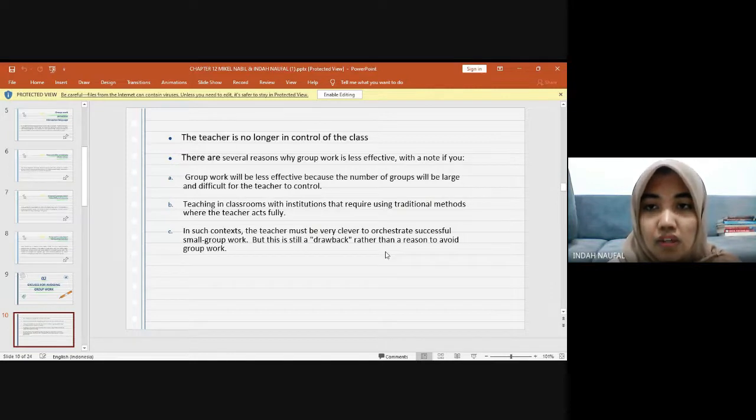Group work will be less effective because the number of groups will be large and difficult for the teacher to control, or in classrooms with institutions that require traditional methods where the teacher acts fully. In such contexts, the teacher must be very clever to orchestrate successful small group work. But this is still a drawback rather than a reason to avoid group work.